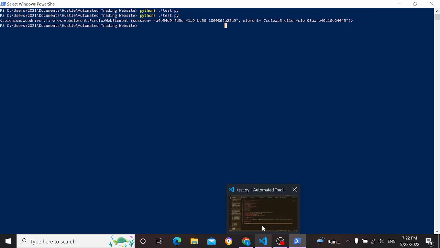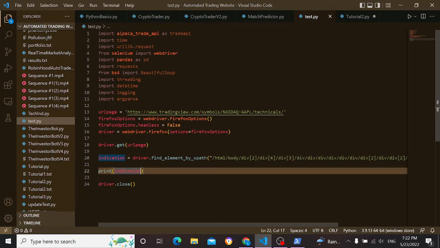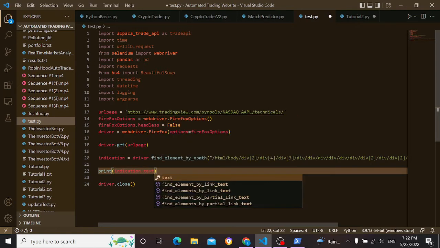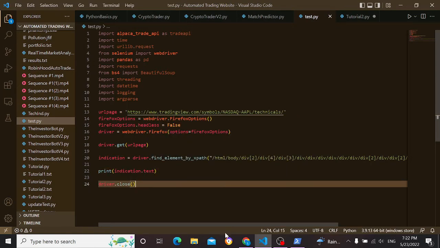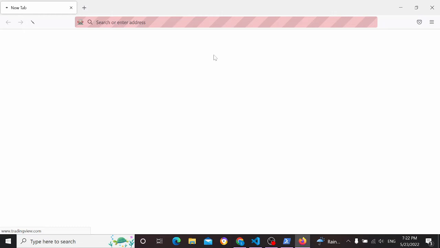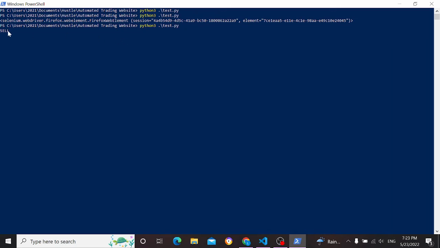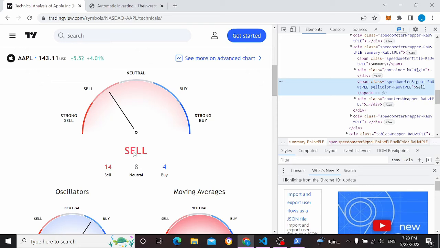So what we're going to want to do is utilize that Beautiful Soup library, and that allows us to do the print, which it knows is a Firefox element already, .text. And what that'll do is actually print out the text portion of this that we want to see. So here it goes, opening up the web page again, finding that XPath of what we're after, and then it's going to go ahead and driver.close, and we get this cell right here, which is what is on the web page here. So that's kind of a basic demonstration of what you can do with web scraping, and you can